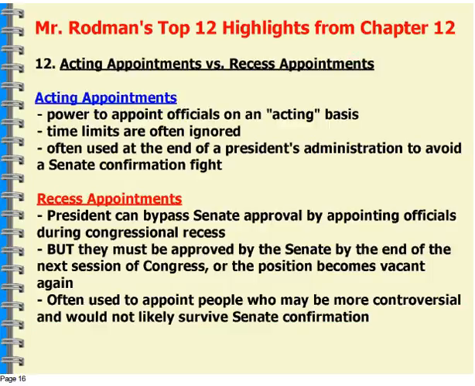And then lastly, let's talk about acting appointments versus recess appointments. An acting appointment is someone who's been appointed on an acting basis, meaning that once the president's term is over, or the 2-year biennial Congress is over, whichever comes first, that appointment would end. And a recess appointment is actually where the president appoints an official without Senate approval and bypasses their approval. Now Congress has kind of fought back on this by trying not to recess as often as possible in order to get around that.